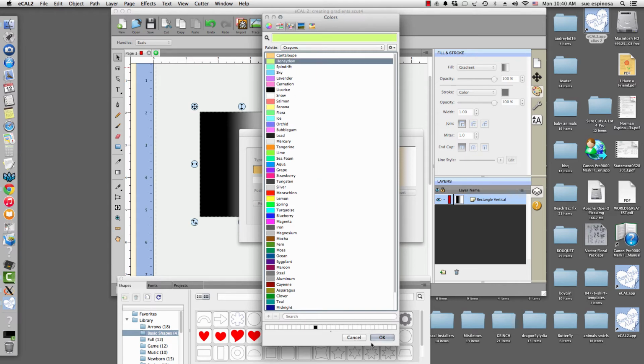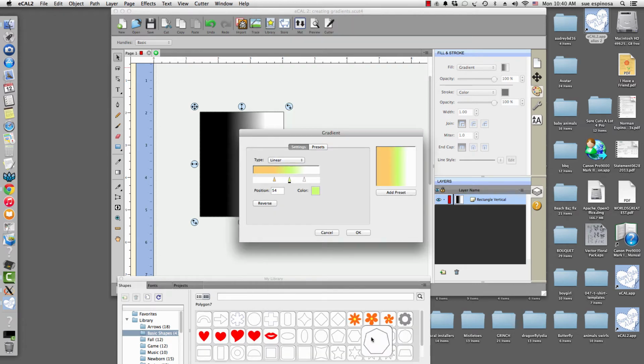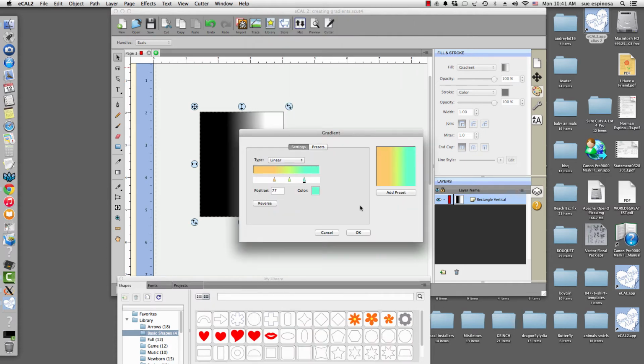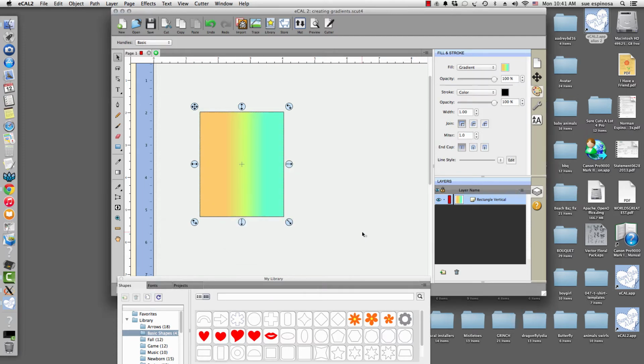That's a lighter color. Put that in. And the third one, which is the white one, and we'll go to spindrift. Say OK. Now I have 3 bands of color, and if I say OK, I can view that, but I